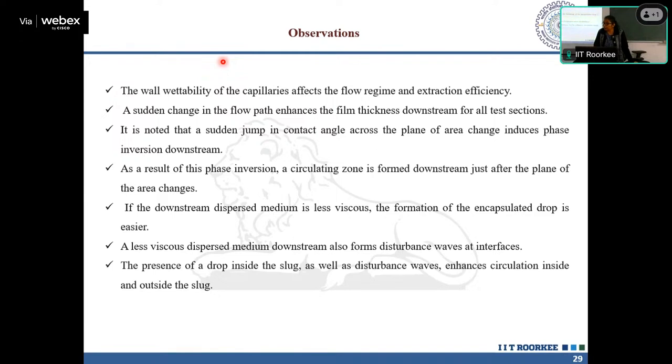When toluene is entered in the hydrophilic one, if you compare the tube to be throughout homogeneous, homogeneous means 2 mm upstream is also hydrophilic, 2 mm downstream is also hydrophilic. So it is toluene dispersed in the upstream and toluene dispersed in the downstream also. In that case also we have seen the disturbance wave, but the enhancement was not that high, because later if you change the wettability, in addition to that disturbance wave,